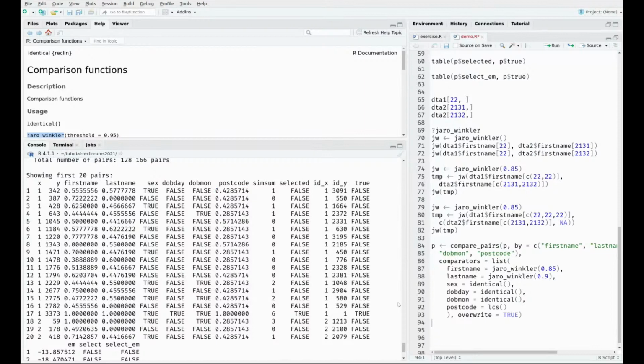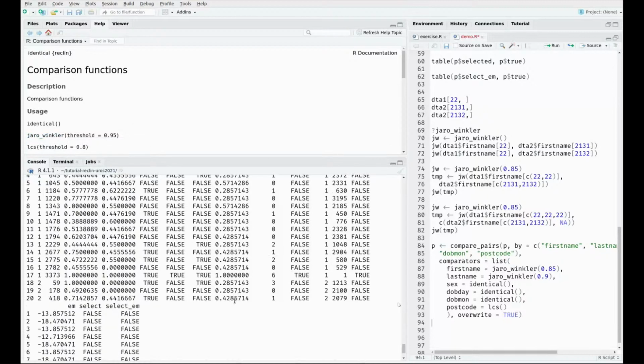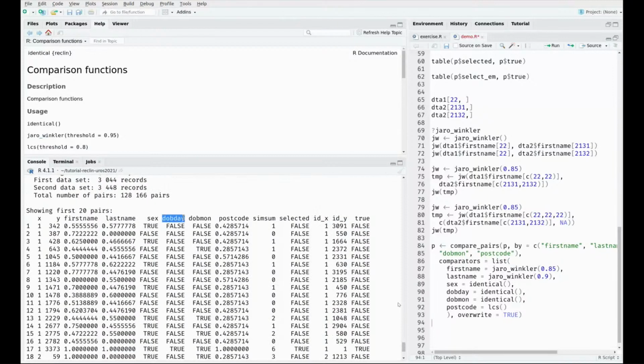Let's see. There's a question in the YouTube chat where somebody asked, "Sorry for bothering you. But what about if variables are numeric? Is there something like a Euclidean distance to compare values?" No, there isn't yet. But you could imagine that for date of birth, day or year, it's not unlikely that if there are errors, especially in birth year, these errors will be somewhere in the range of the original value. So you can indeed imagine that you want to have a numeric comparison between numeric values and also translate it to a score between 0 and 1. That is possible. The functions do not exist within